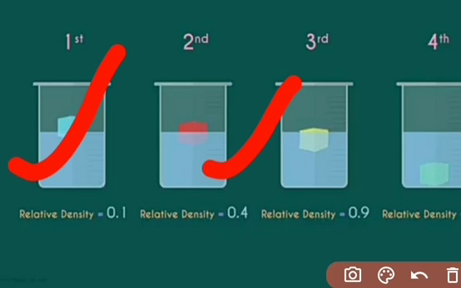More of it is inside the water. And if the relative density is 0.9, even more of it will be inside the water, but it still floats. And if the relative density of an object is greater than 1, the dropped object sinks.